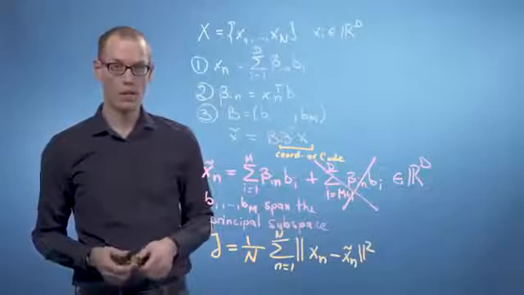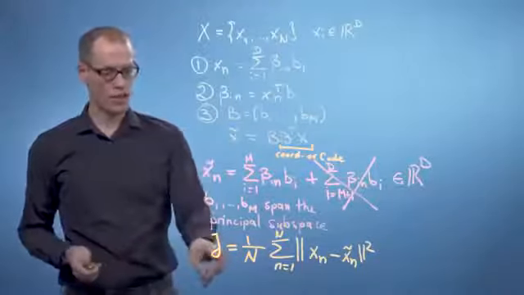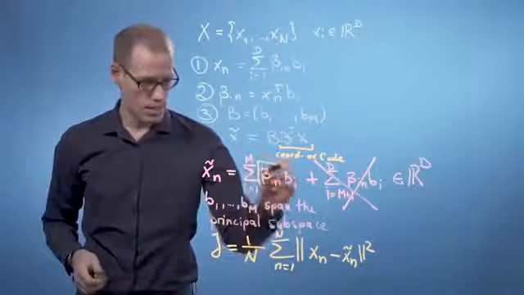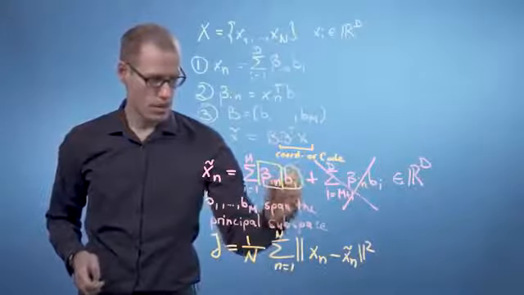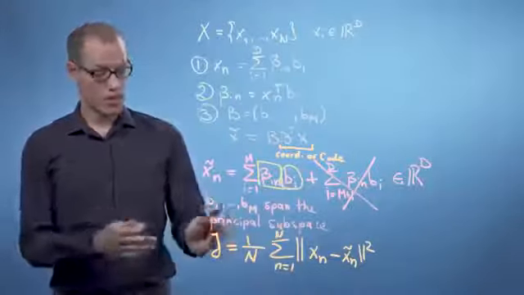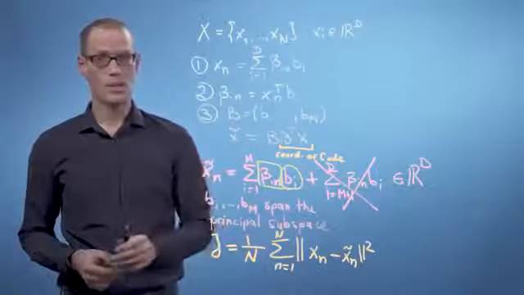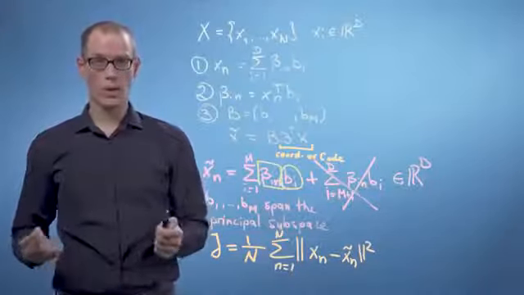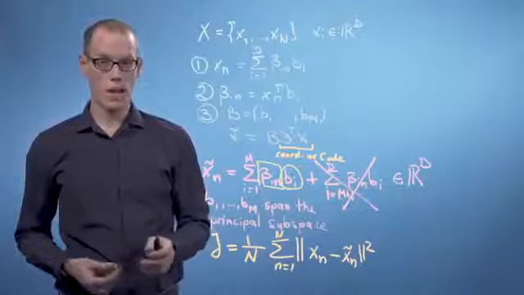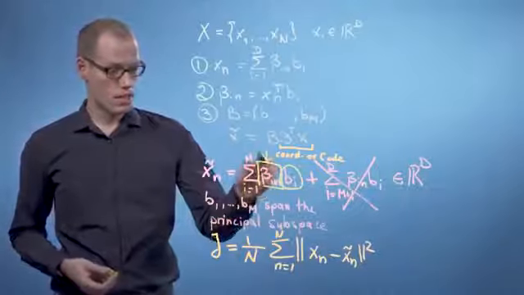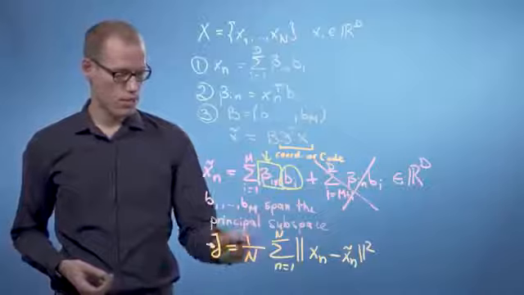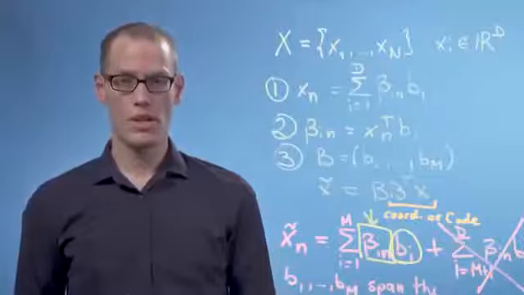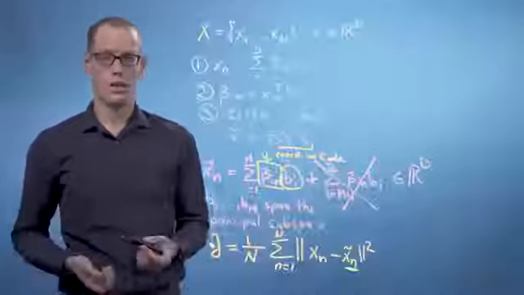Our approach is to compute the partial derivatives of J with respect to the parameters. The parameters are the β_in and the b_i's. We set the partial derivatives of J with respect to these parameters to 0 and solve for the optimal parameters. But one observation we can already make is that the parameters only enter this loss function through x̃_n. This means that in order to get our partial derivatives, we need to apply the chain rule. So we can write